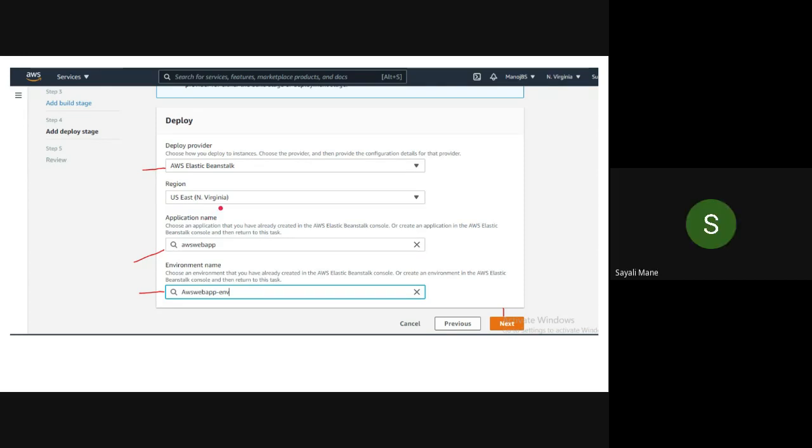It's okay. No worries. Okay, next, application name. Are you getting this one, application name? Yes, ma'am. And later, are you getting this one, environment name? Yes, ma'am. That's it. Done. Now take a screenshot of it. Highlight your deploy provider, application name, and environment name. Okay, good. Now click on the next one.